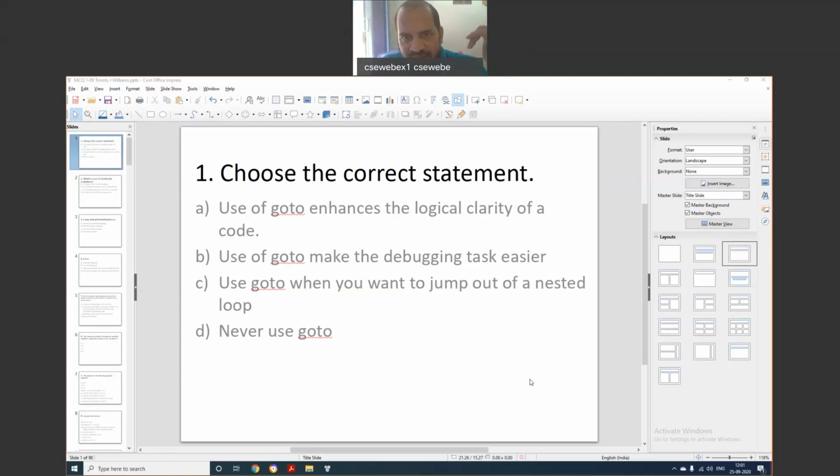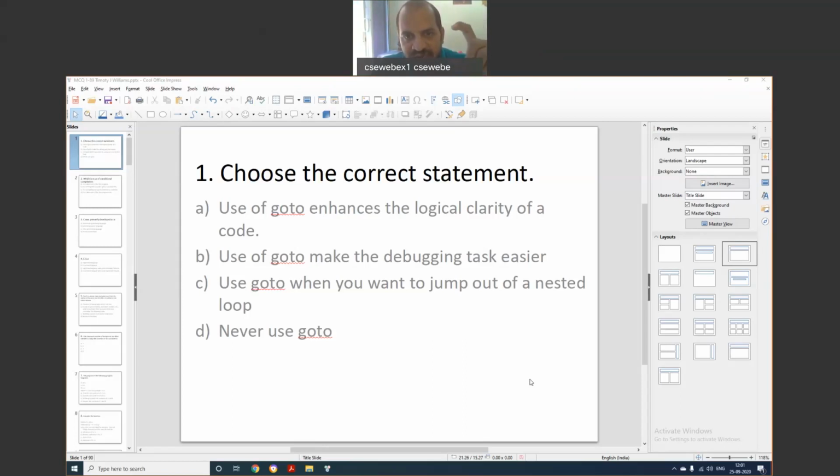Again we come to the while condition. If while is false, we go to the next of while. In this way we have proper clarity whether we are going to the next of the condition or into the body of that loop.